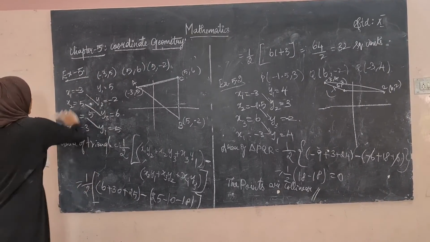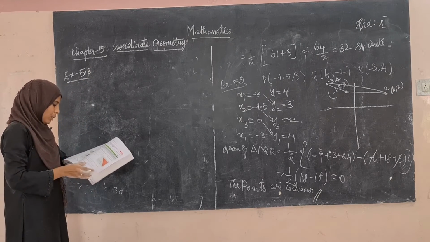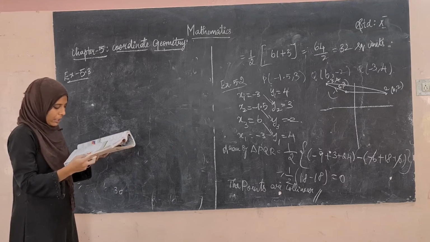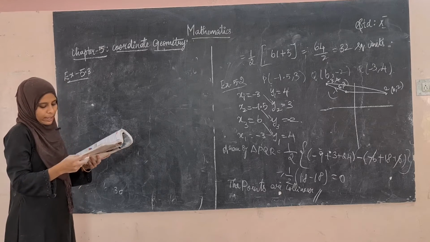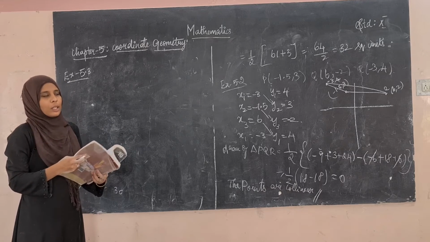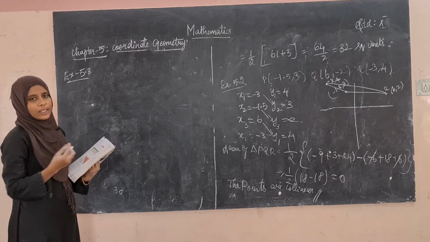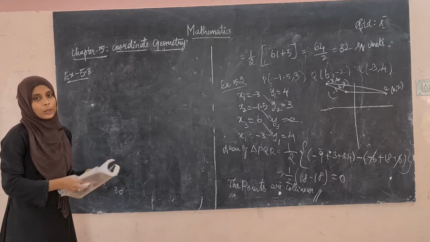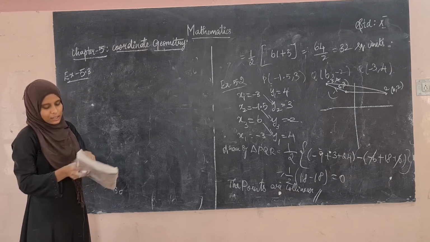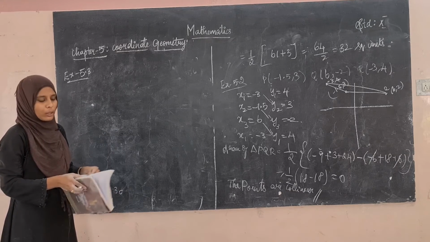Example 5.3. So the 5.3 is going to be the assignment for you. See the question. If the area of the triangle formed by the vertices is 22 square feet, find the value of k. So in the points given, one point is taken as k. So first you have to mark the points in the graph, and take them as A, B and C. So you have to take x1, y1, x2, y2 and x3, y3, and find the area of the triangle, and equate that to 22. After equating and solving it, you can find the value of k.